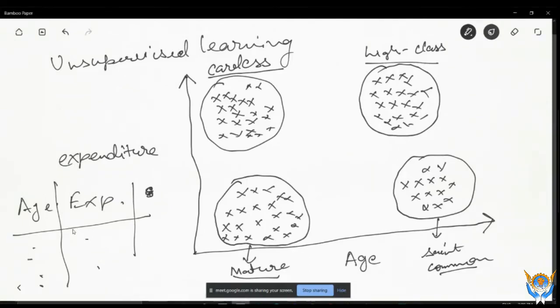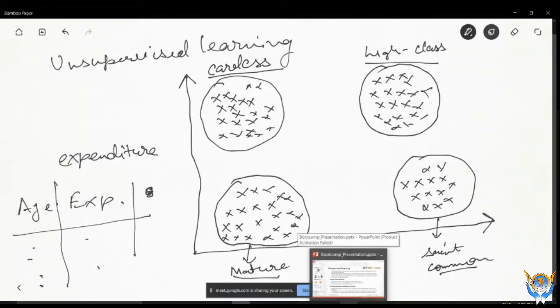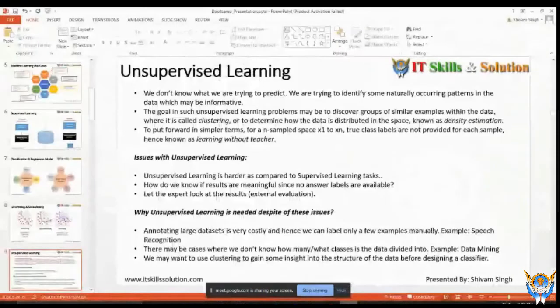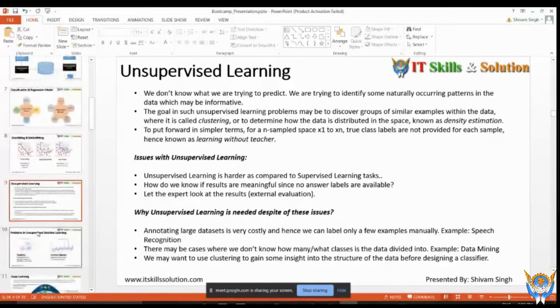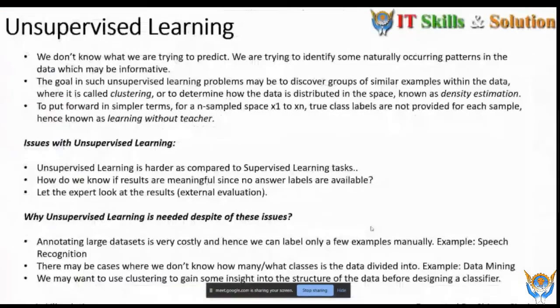Okay, so this is called unsupervised learning. I think with the help of this example, unsupervised learning is very clear to all of you. Okay, if you have any query about unsupervised learning, you can simply ask. I think this example made many things clear.